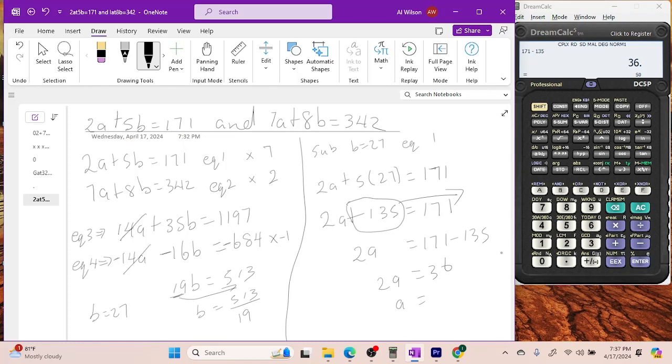a is going to be equal to, remember again, this is going to go over since it's multiplying and divide. 36 divided by 2. So a is equal to 18. Yes, and with this being done, we've now completed